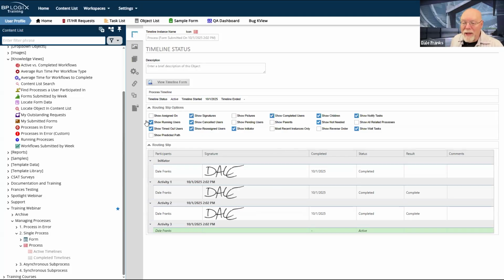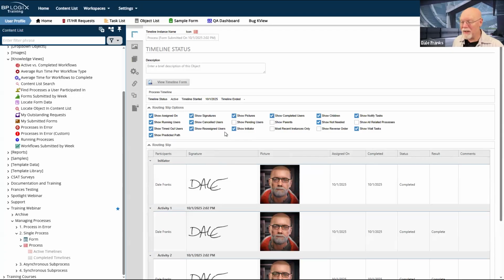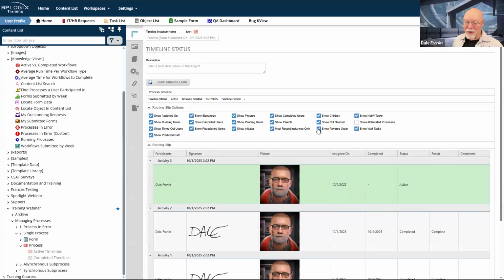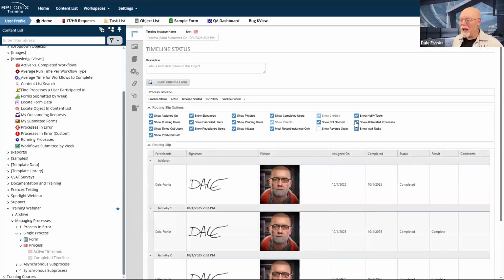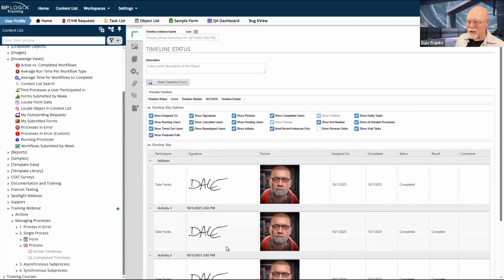I can show my avatar. I can show any pending users, parents, most recent instances only. I can show it in reverse order, so I can have the most recent stuff happening at the top, and I can show all related processes. So if there are any associated processes, those will show as well.